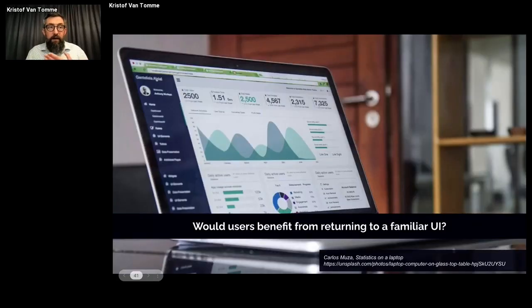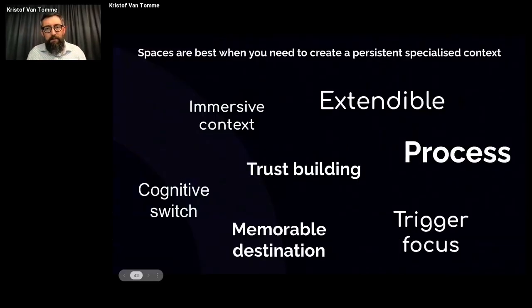On the other hand, if a user would benefit from returning to a familiar UI, like for example if you're checking reports, yes, you can generate reports automatically with AI, but you don't want to be looking at a new report every single time. You want that report to become familiar, so that as a manager, you start to recognize it and you know where to look to see the interesting information. And yes, AI could be used to generate the same reports every single time, but that's not really what it's meant for. In that case, you are using a space concept. You're just pulling it in on the fly.